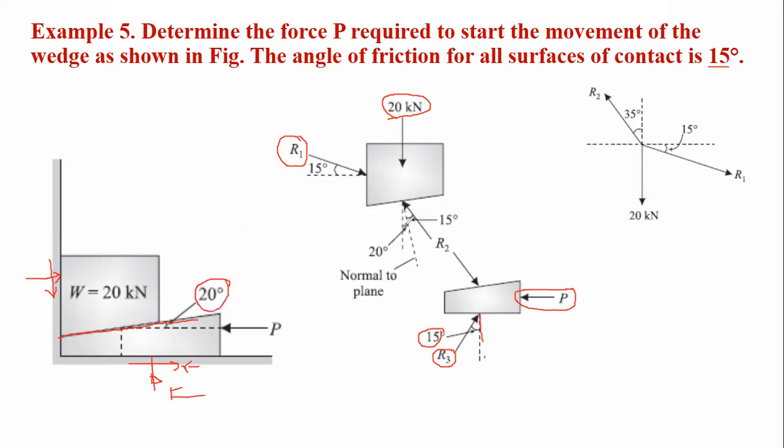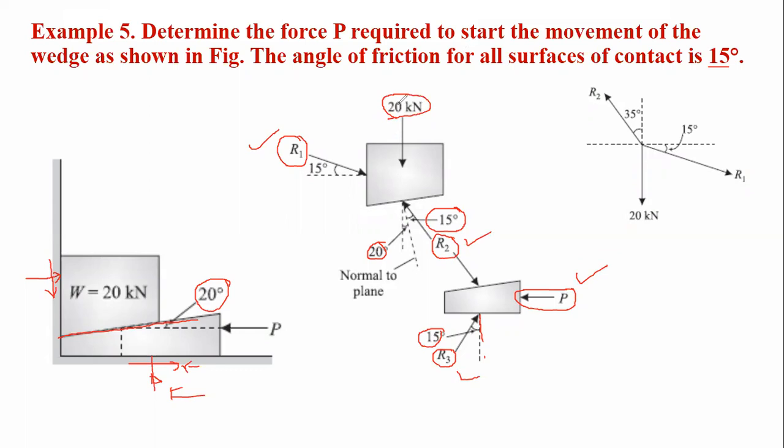That's why the resultant is already making an angle of 20 plus this 50 degrees due to the friction. That's why this 20 plus this 50 becomes a 30 degree angle which is made to this inclined plane. That is the resultant over here, R2. This one is considered as R1, this one is R2, and this one is R3, and this P force that we have to find out over here.